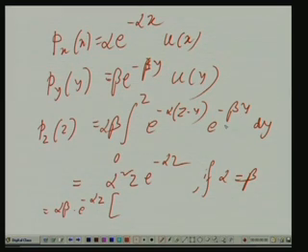Okay, what does it give you? If you integrate, you write it as e to the power minus within bracket beta minus alpha y. So if you integrate, a minus comes, 1 by beta minus alpha e to the power minus beta minus alpha y. Put the limits. So in one case you have got 1, in another case you have got